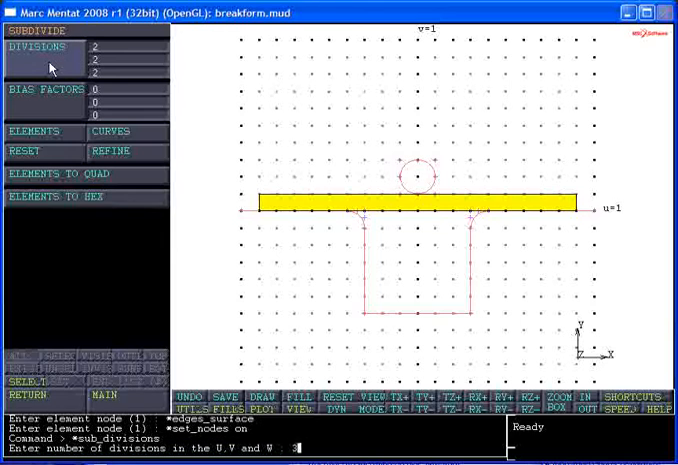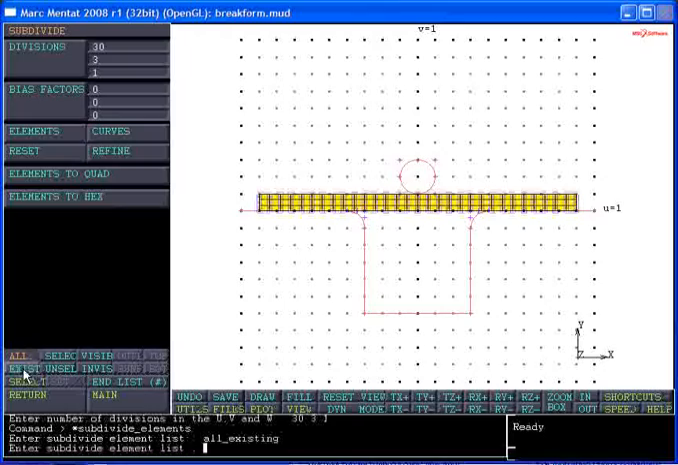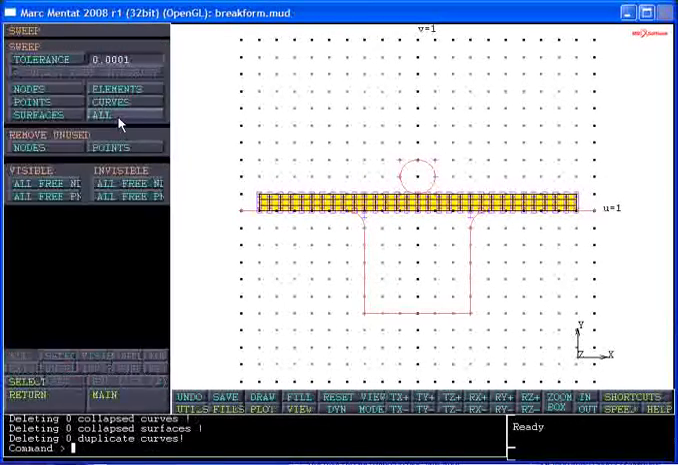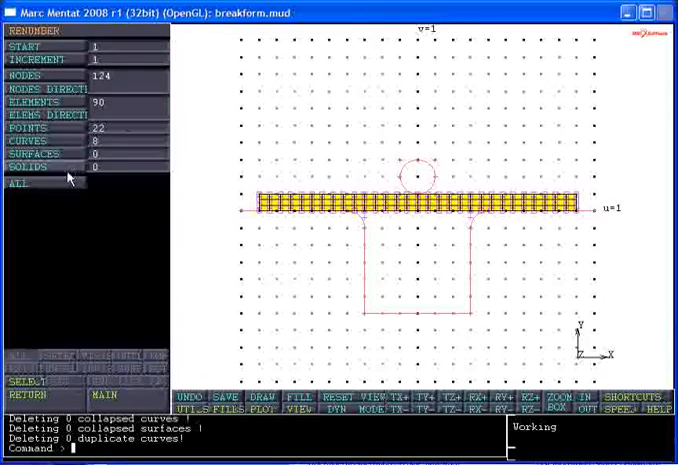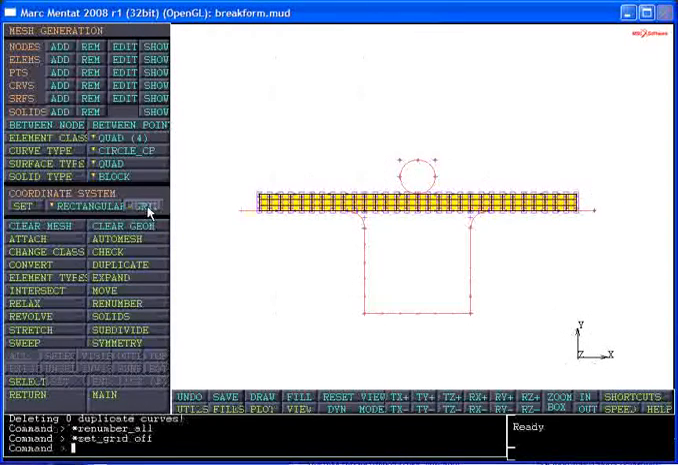Subdivide the elements into divisions of 30 by 3 by 1. Pick the elements, all existing, and there's our mesh. We're going to sweep all the nodes. Any coincident nodes will be merged together and renumber everything. Turn off the grid